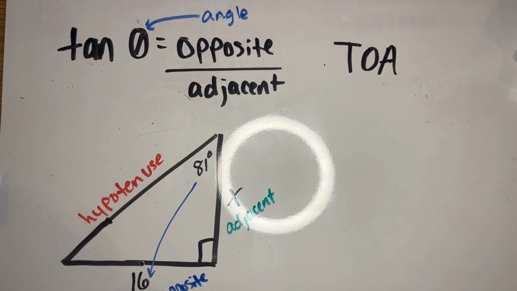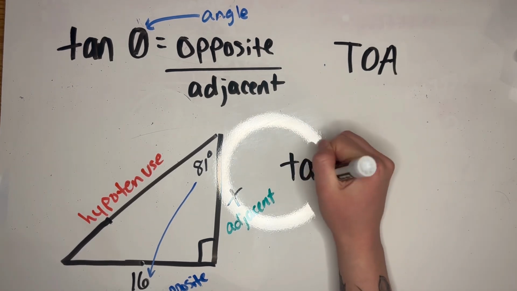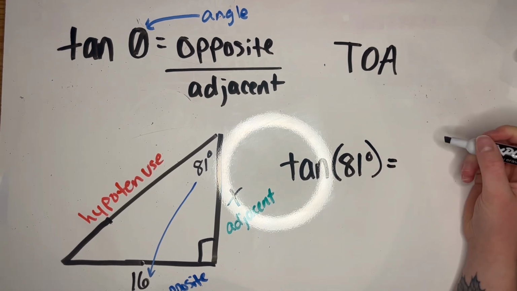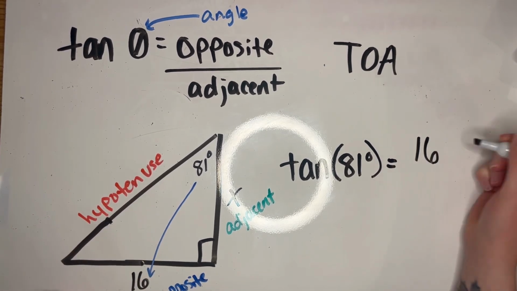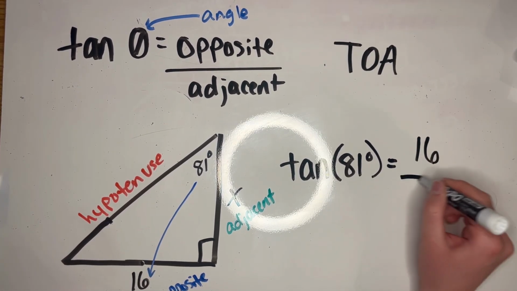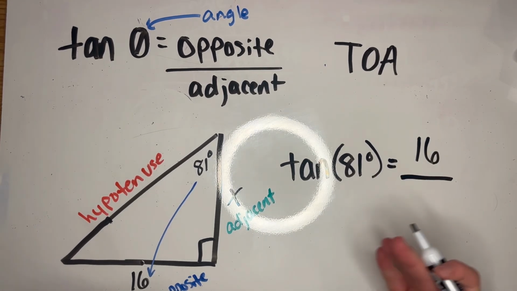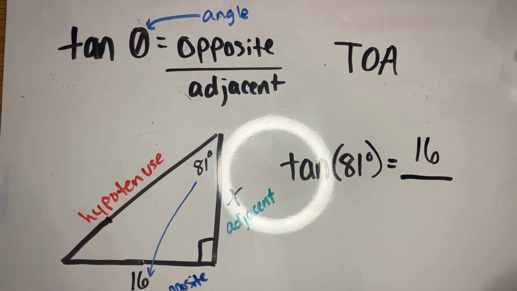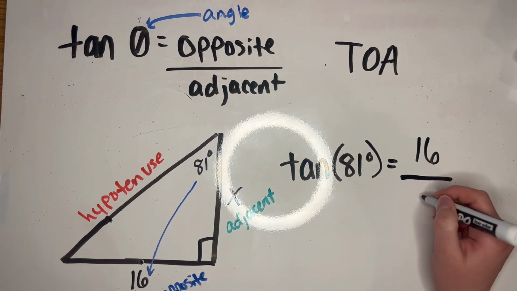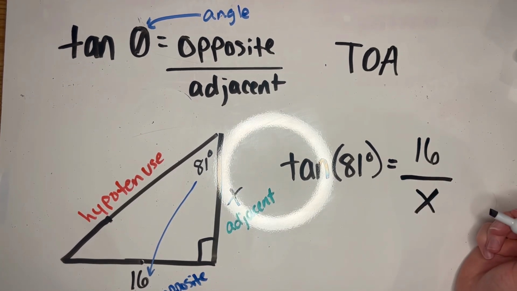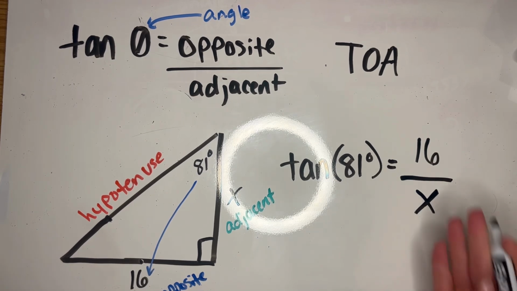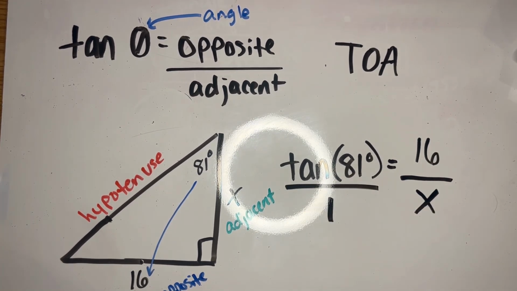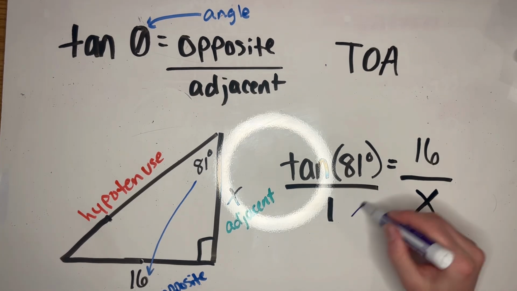So then we'll set up our ratio again. Tangent of our known angle, which is 81 degrees, equals our opposite, which is 16, which is different. We don't have the X on the top this time, which does not change it. It's just the way that the angle placement ended up being, and that's just what ended up being opposite. As long as you have these sides identified correctly, you will get the answer that you need to get. So then our adjacent is X, again putting this over 1, and then